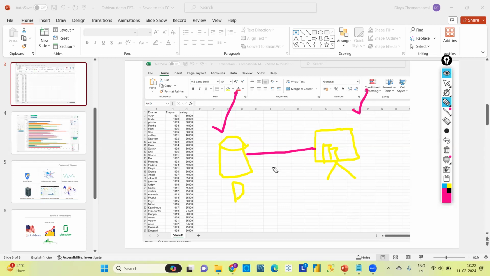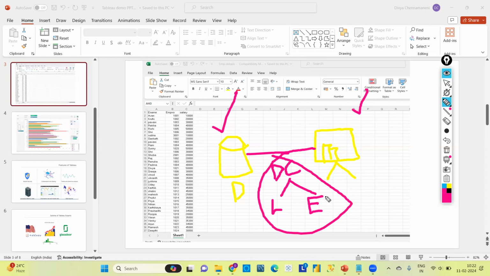There will be one connection in between, called the data connection, and it is of two types: one is a live connection and another is an extract connection. We have a particular topic about data connections, and in the third or fourth class it will come. We will see both connections in detail and how we will work on them.